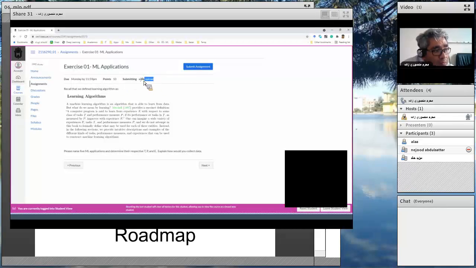And the submission type is a file upload. That is, you must prepare a file in response to this assignment and upload it to the place that is provided for you. Let's do it. For example, I prepared some Word files, some PDF files, or some other type of document, and did the